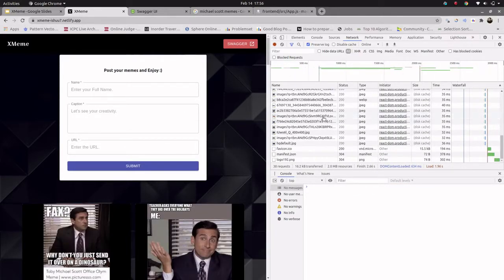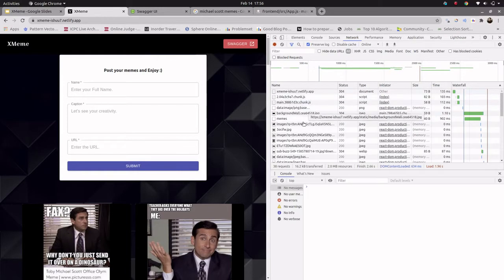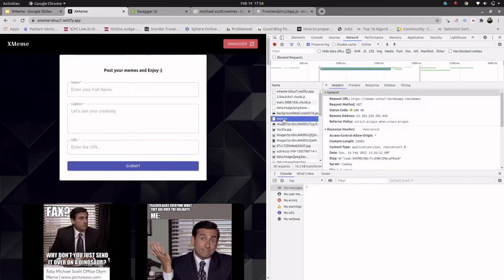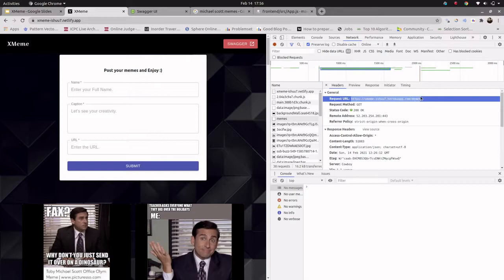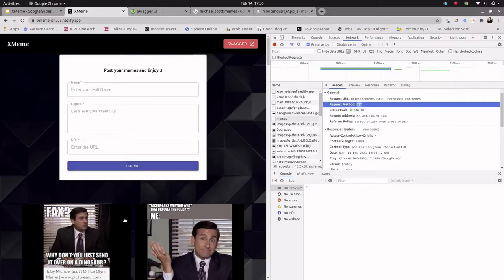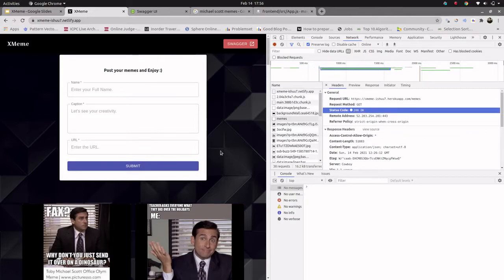As you can see, these are all the resources which we are getting from the backend. This is the backend URL. We are making the request to this URL, and the request is obviously GET, because we are getting all the memes from the backend, and the status is 200. This means that the request is successful.